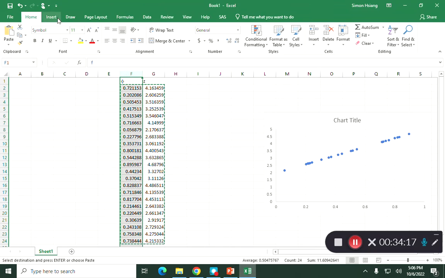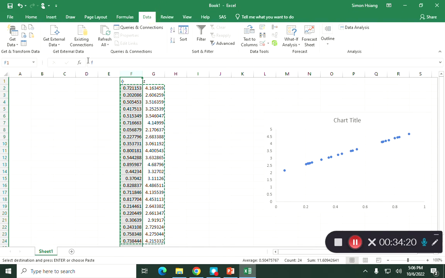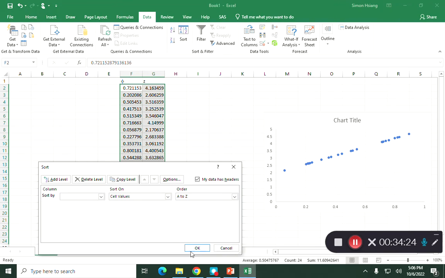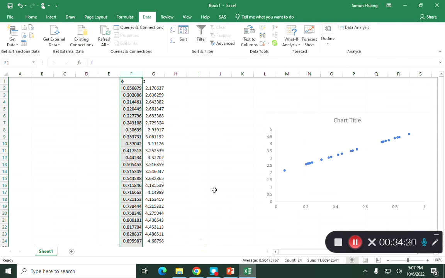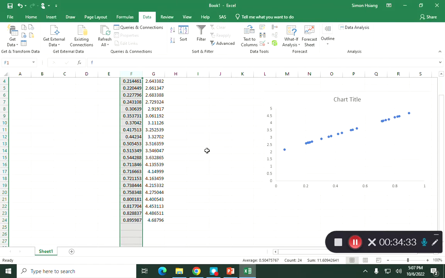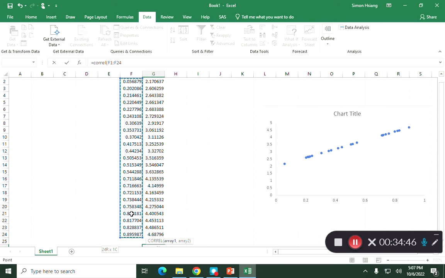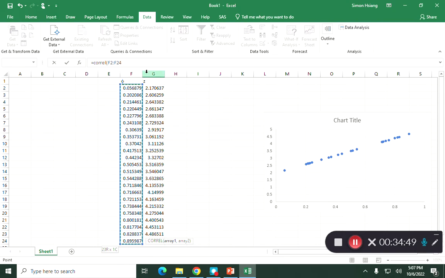But now what I'm really interested in is that, oh, let me sort it, data sort. I hope it won't happen again since I avoid the... Doesn't matter. All I care about is this. Everybody agree with me? The correlation coefficient is equal to 1 because it's a perfect straight line, right? And of course, if you do it the opposite way,